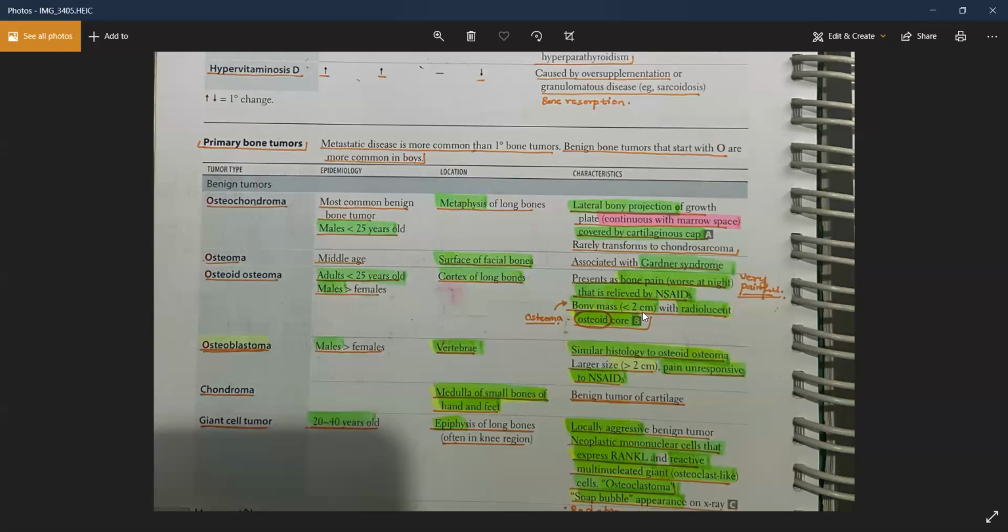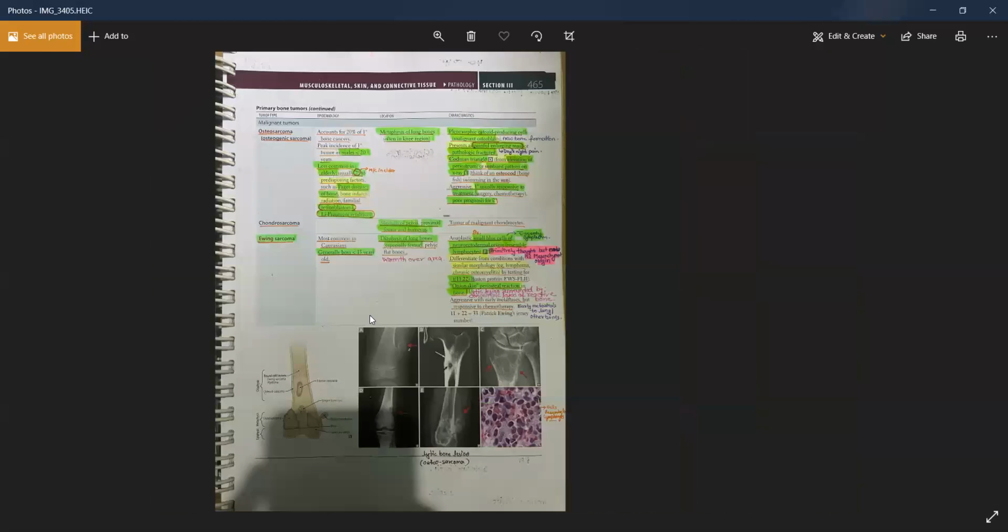You can have a bone mass which is often less than 2 centimeters. You have a radiolucent core, which is the osteoid. And then you have a bony mass, which is the osteoma, which is a real tumor, right? So that's why the name osteoid osteoma. As you can see,